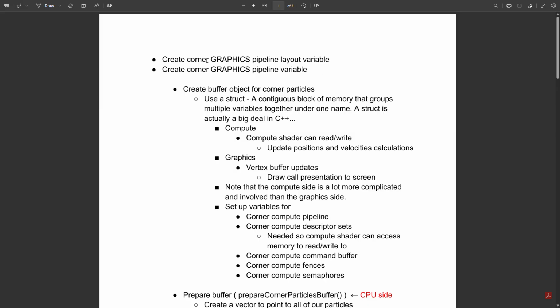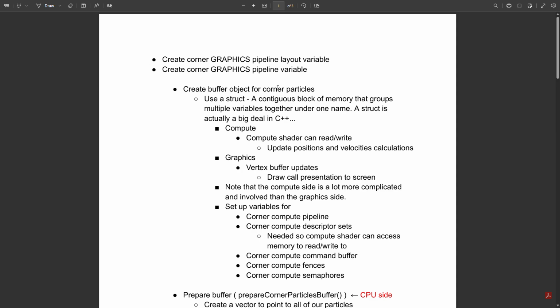So we create a corner graphics pipeline layout variable. This pipeline layout stuff actually becomes, I'm starting to fully appreciate this whole pipeline layout discussion. And then we create a corner graphics pipeline variable. Okay. So we have our pipeline variable and we have our pipeline layout variable. Okay. So the thing is,